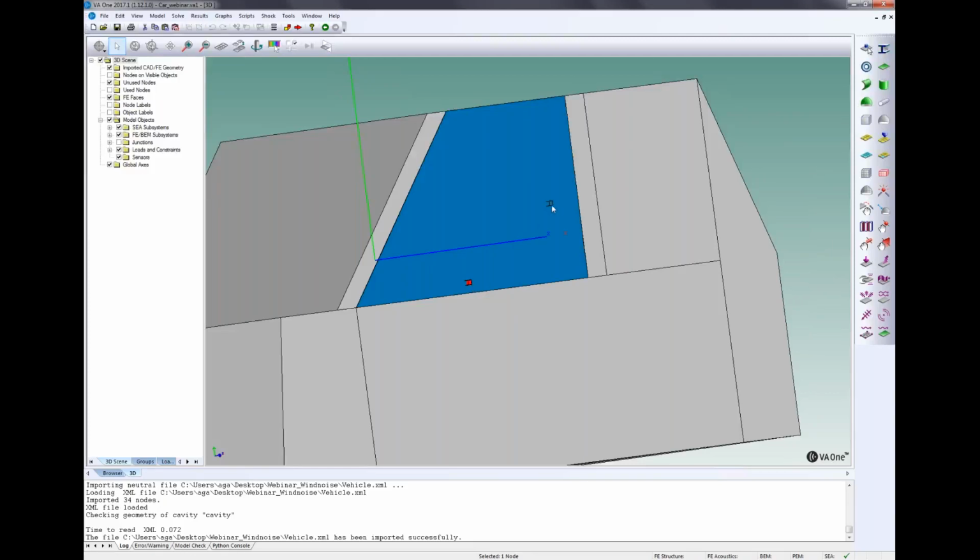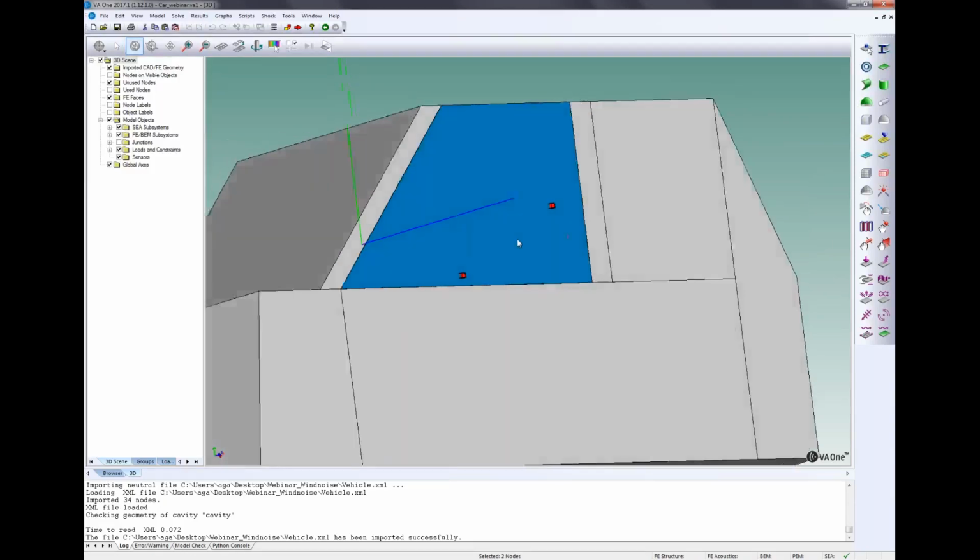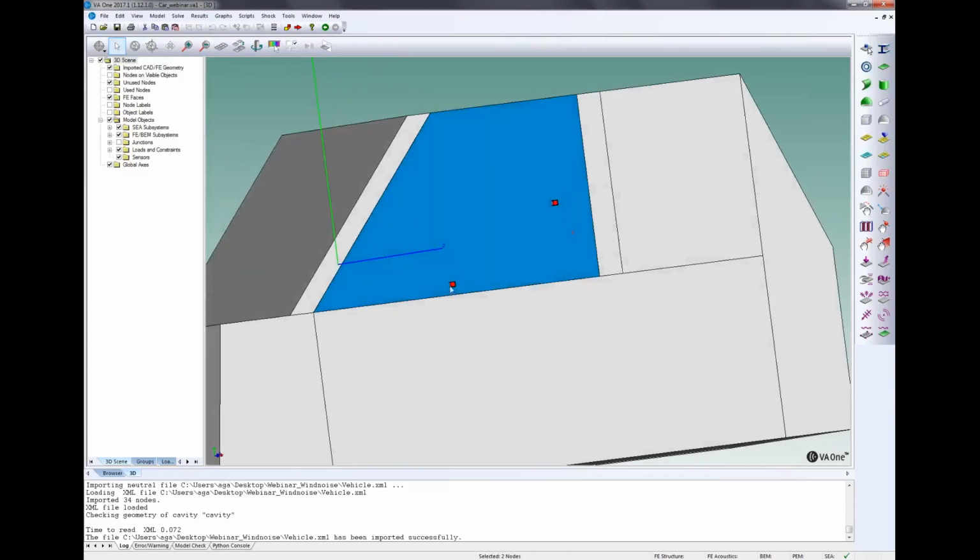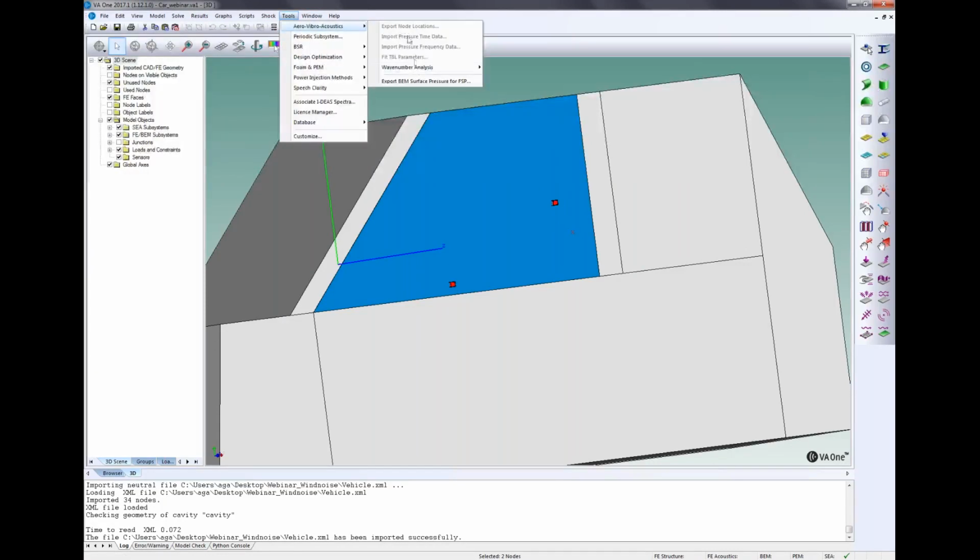I will select this corner in this order, from the one upstream to the one downstream, and use the aerovibroacoustics set of functions specific to wave number analysis. You can see other types of function when you import pressure time data or pressure already in the frequency domain.